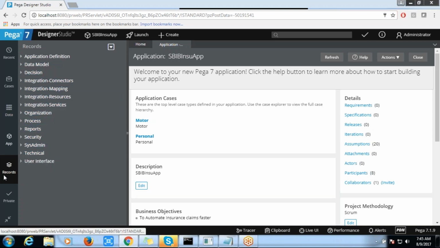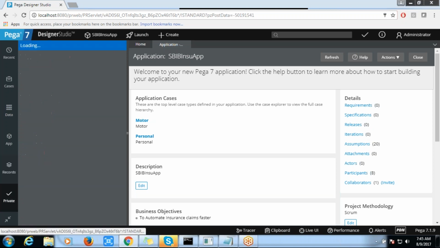Okay, so these are all the available resources, and you can see those things are the records. Private is like, whenever you are working with an organization, we have check-in and checkout, right? If you are trying to create a particular rule or edit a particular rule, that means you have actually checked it out. If you want to save those changes, then we are going to use the check-in.